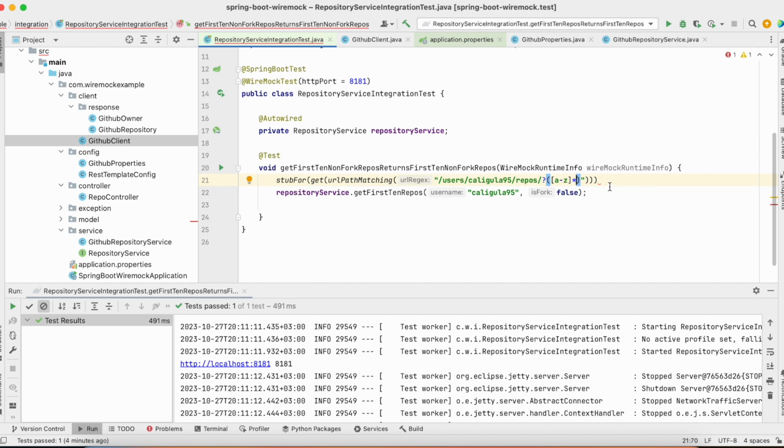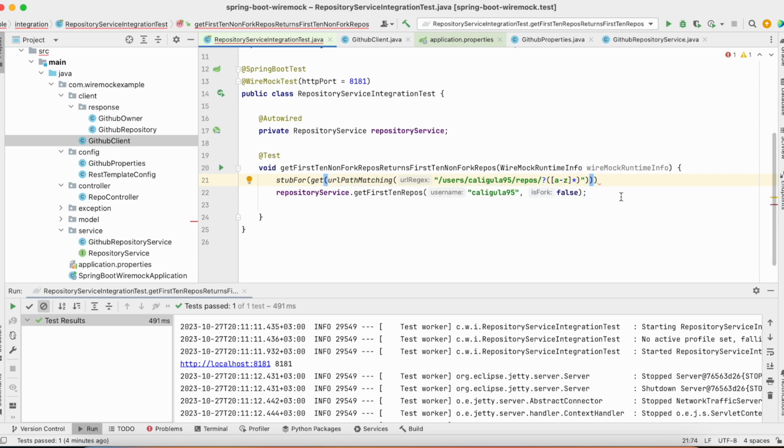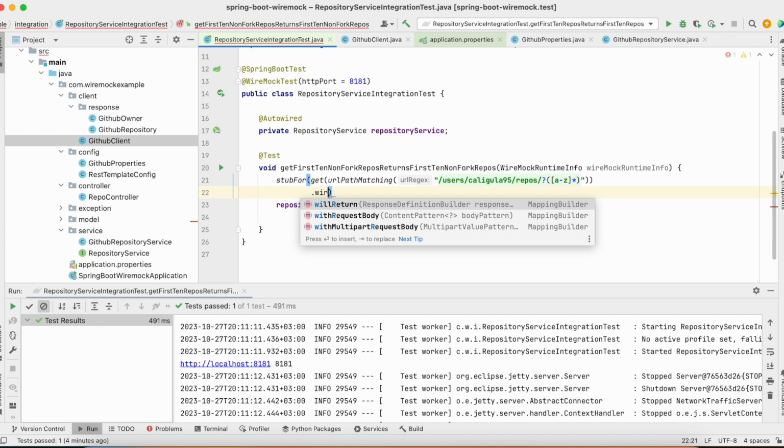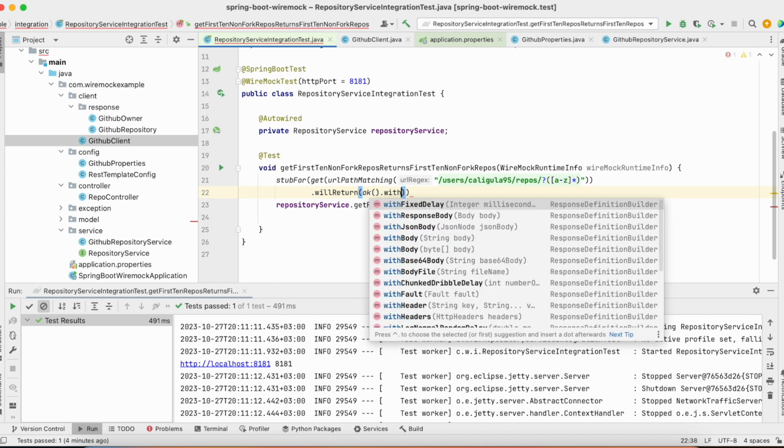So I want to use this regex to specify my URL path matching users, username, repos. After that, request param. It can be any path of the URL, and that's it. And what else I need to do is I want to return something like OK 200 for the happy flow, and I want to return with header